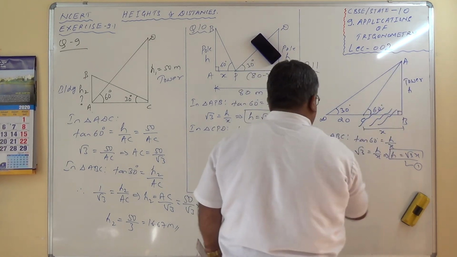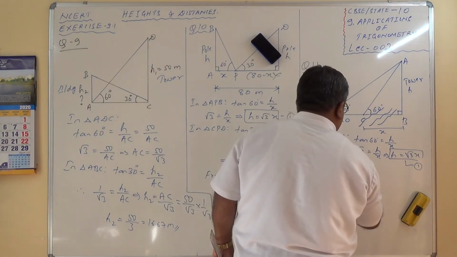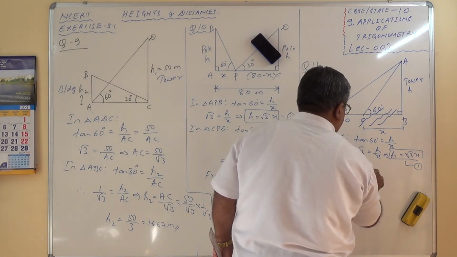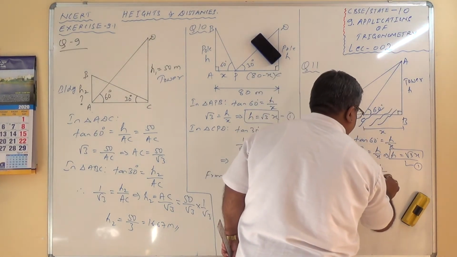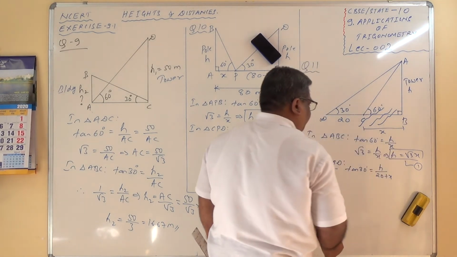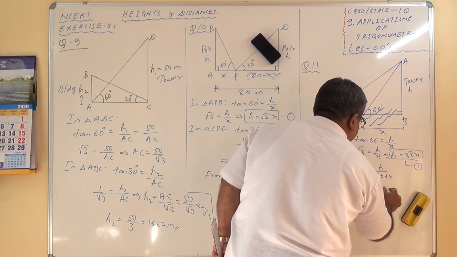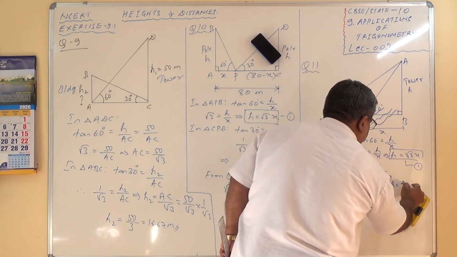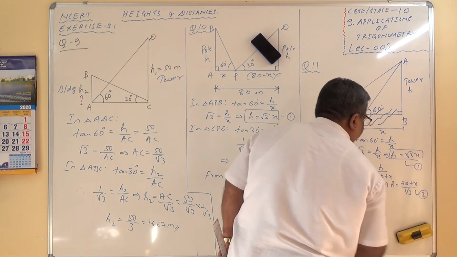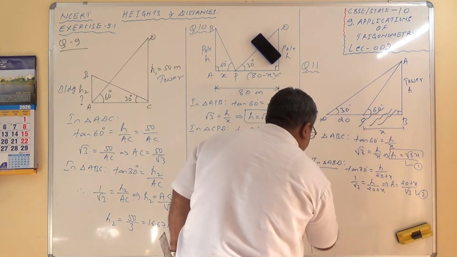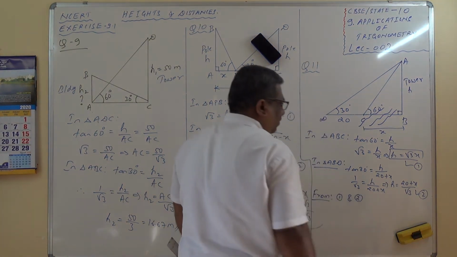In triangle ABD, tan 30 degrees is equal to h by 20 plus x. This is the distance. Tan 30 is 1 by root 3. So h by (20 plus x) equals 1 by root 3, which implies h equals (20 plus x) divided by root 3. Mark this 2. From 1 and 2,